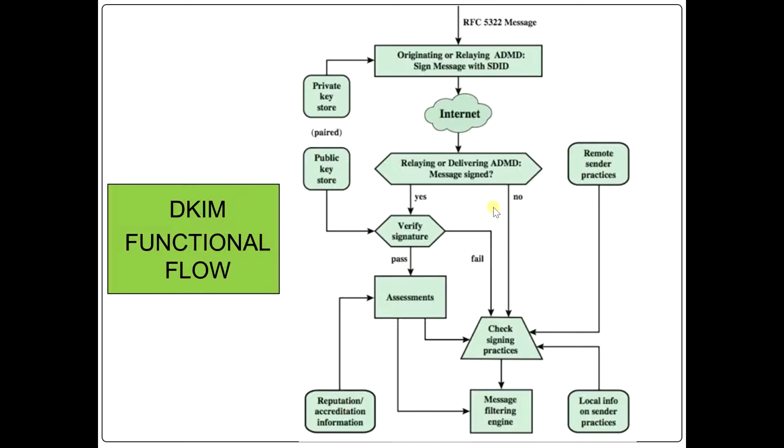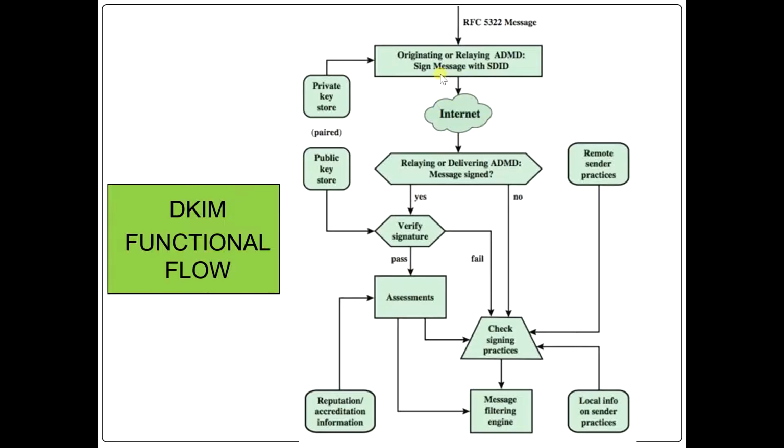Signing is performed by the authorized module within the signing ADMD, and it will use the private information from a key store. Within the originating ADMD, this might be performed by the MUA, MSA or an MTA. Verifying is performed, as I said, by an authorized module, and the module will verify the signature or determine whether a particular signature was required.